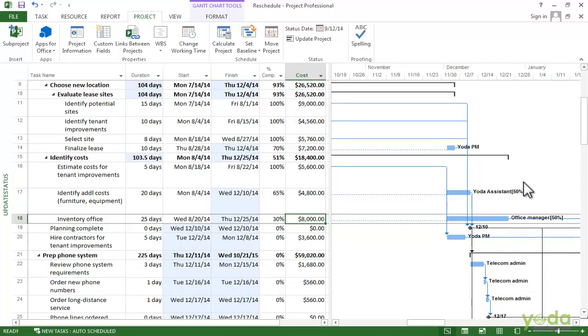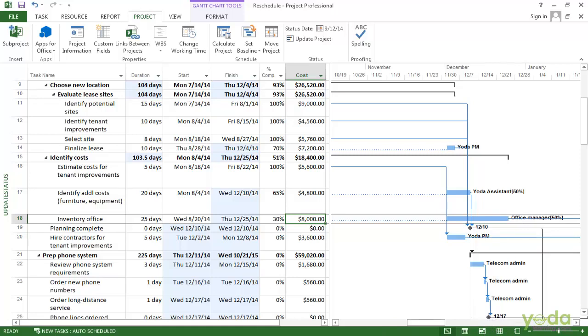When you use this approach, you need to check your schedule specifically for manually scheduled tasks, because you might also want to save a new baseline to reflect the new dates. We covered saving a baseline when we talked about saving the baselines.